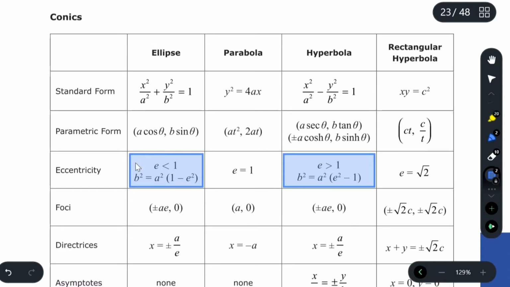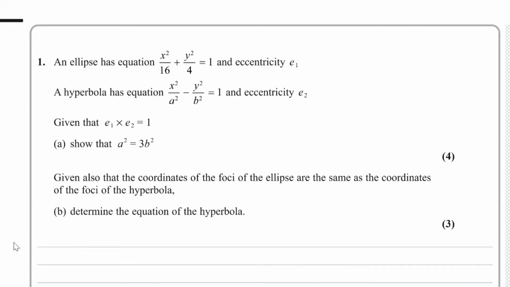Now the eccentricity of an ellipse and a hyperbola are shown here. And what we can do is use the standard form of an ellipse and a hyperbola to help us find out what e is. So for part (a) of the question, we have x squared over 16 plus y squared over 4 equals 1,